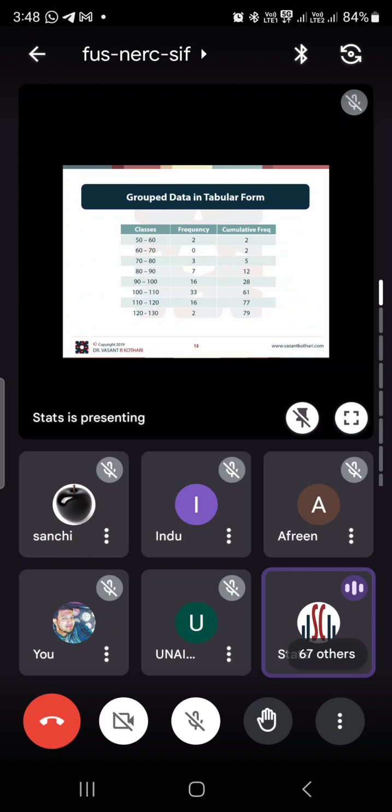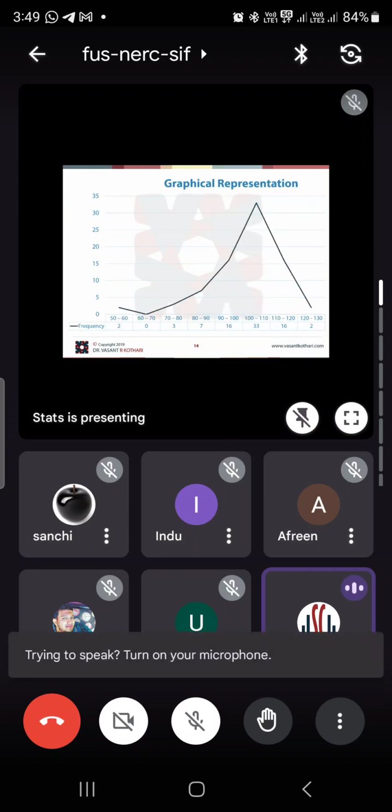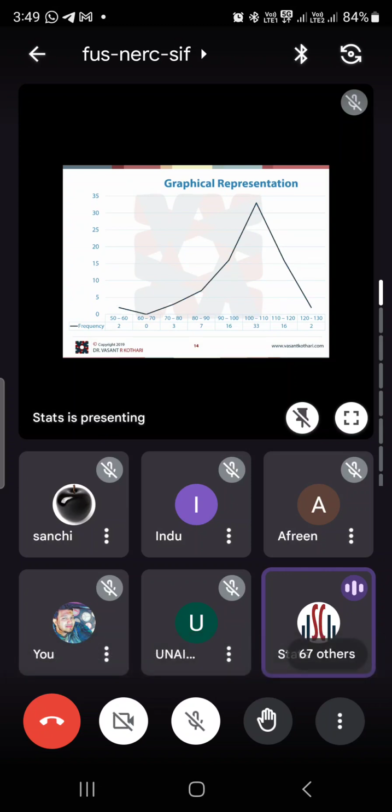Now here if I ask you which data set has the highest frequency, again you need to go through all the numbers. But answering that question becomes easy the moment you see this graph. Here you can see the 33. This is the highest. So various graphs are there. This is another graphical presentation. This is the line chart.